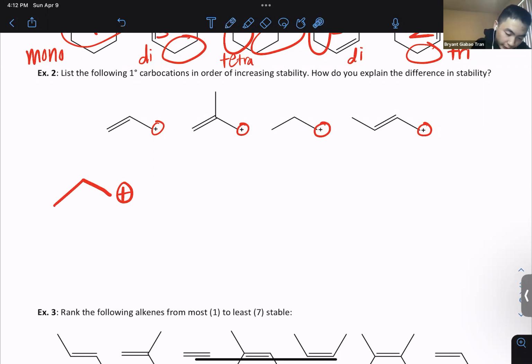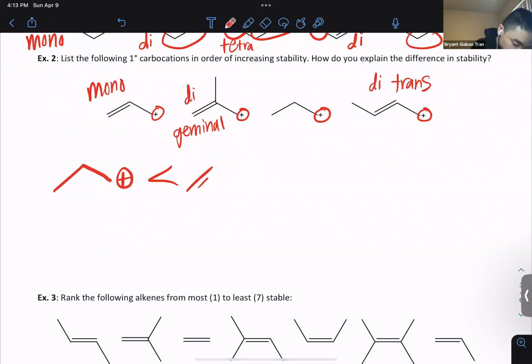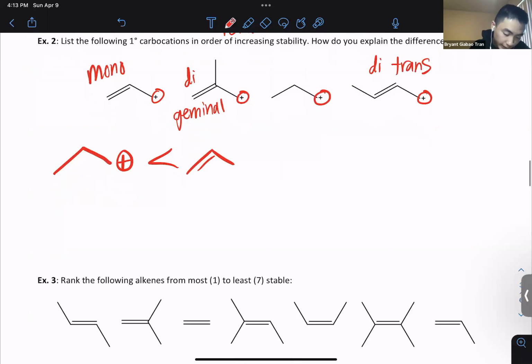Then we see here, all the other primary carbocations can do resonance. Then we have to look at the next factor, which is the alkene. So we see here, this is the least stable alkene we have because this alkene here is mono-substituted, and this alkene here is di-substituted, but it is geminal. Whereas this alkene here is di-substituted and it is trans. So we see here that the mono-substituted is the next least stable,